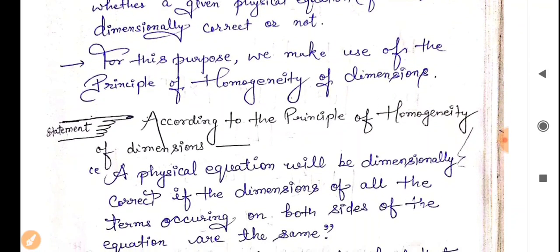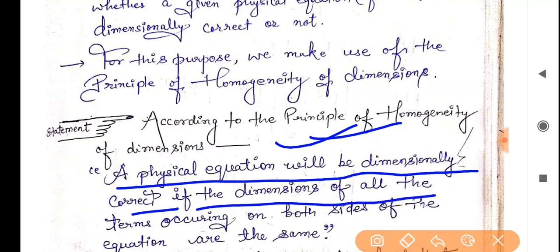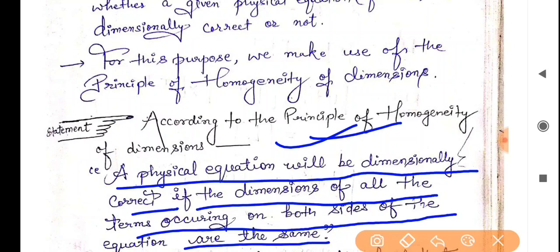According to the principle of homogeneity of dimensions, a physical equation will be dimensionally correct if the dimensions of all the terms occurring on both sides of the equation are the same. Dear students, you have to remember and note this point. For example, if you are given the formula S equals ut plus half at square,